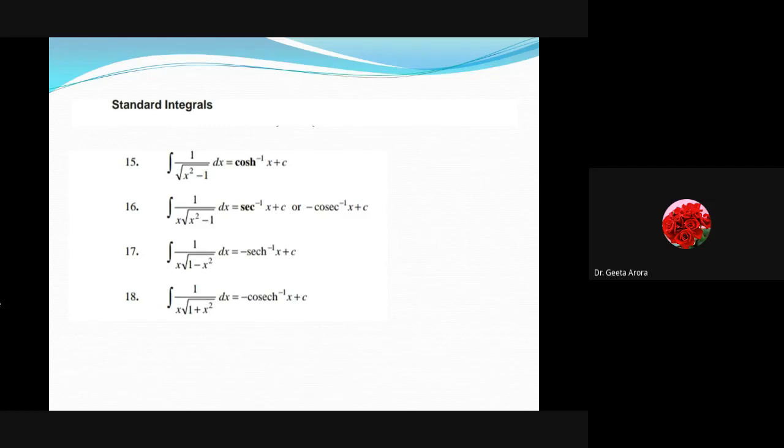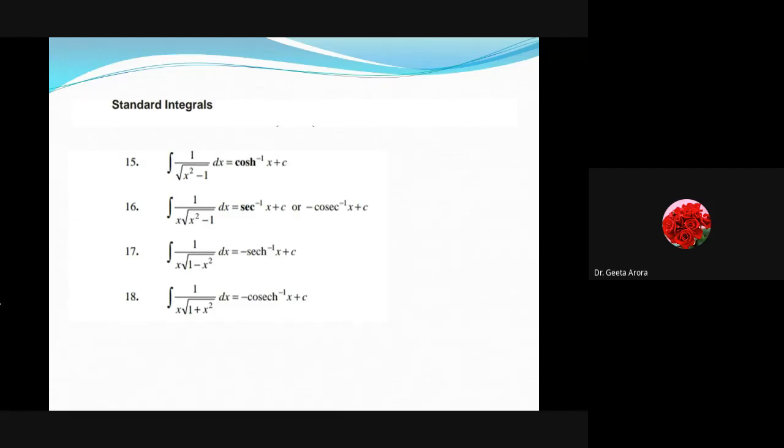So you must go through these examples to get clarity that whenever some term is existing in under root and coming as either x square minus 1, 1 minus x square multiplied by x, or 1 plus x square, how it can be written without going through the process of integration, because these are formulas that are not so easy to derive at the time of computation. When they are existing, you can write down that since this is equal to this, hence you can follow it. At the time of examination or practicing, when you are going to calculate it, it's really not easy.